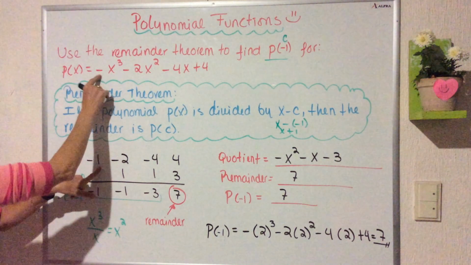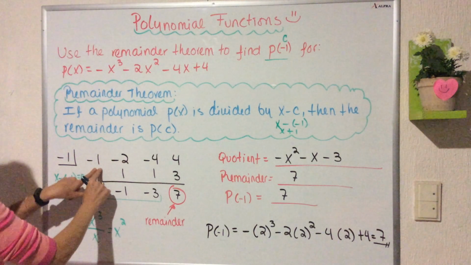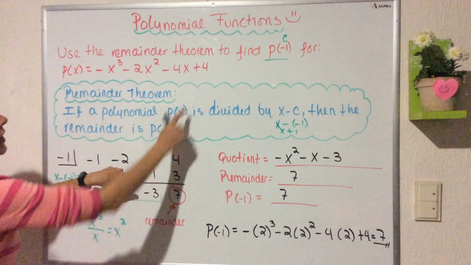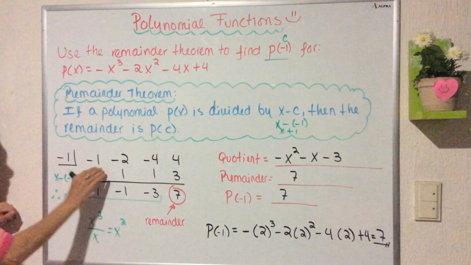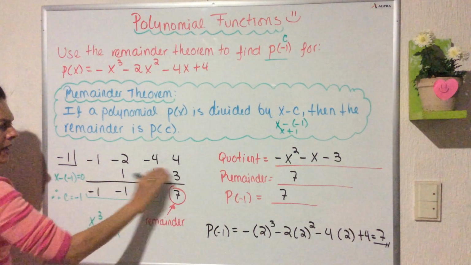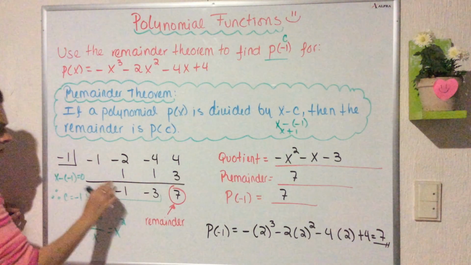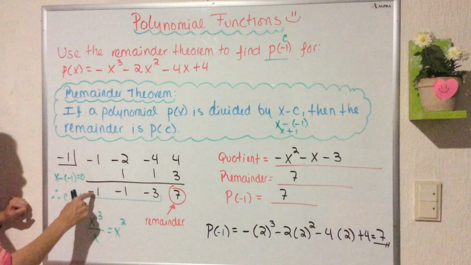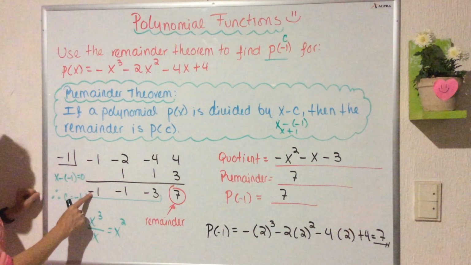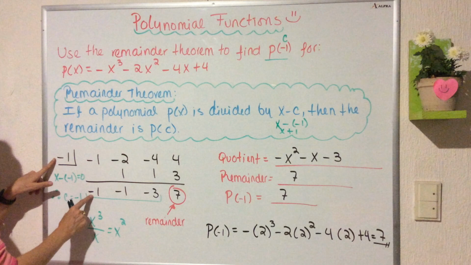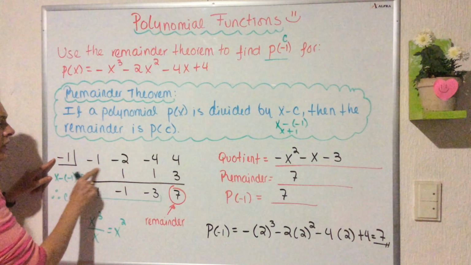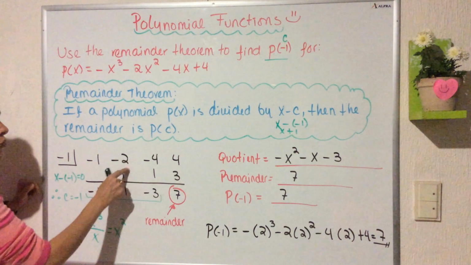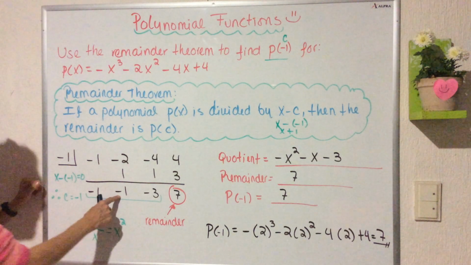So we continue. The leading coefficient is minus 1, and then the next coefficient is minus 2, and then minus 4, and then 4. Okay, now we are going to leave this line blank, and then we draw this other line, and we start solving the synthetic division. So we have minus 1, we write it down, and we are going to multiply, dear students, minus 1 times minus 1, positive 1, and we are not going to write it below the negative 1, but below the number, the negative 2. And then we add minus 2 plus 1, minus 1.